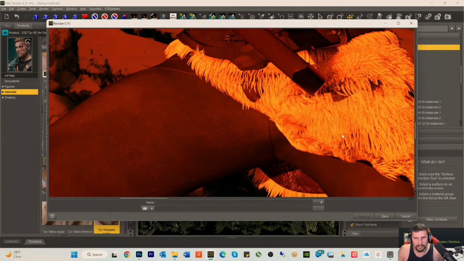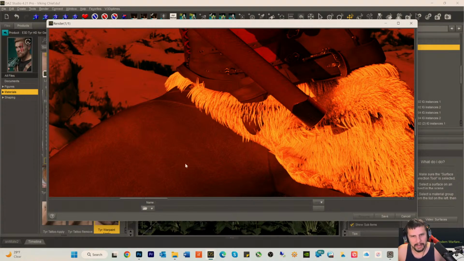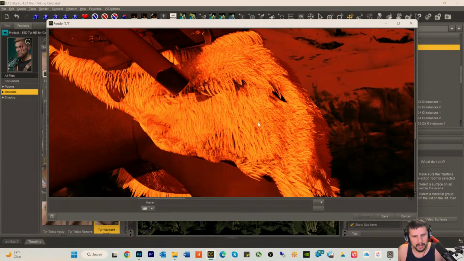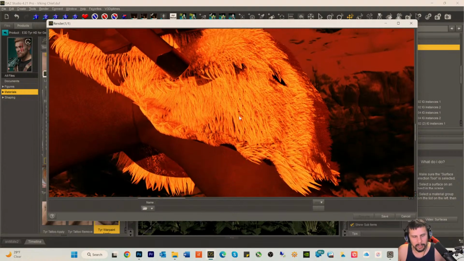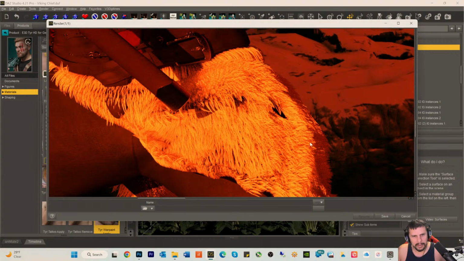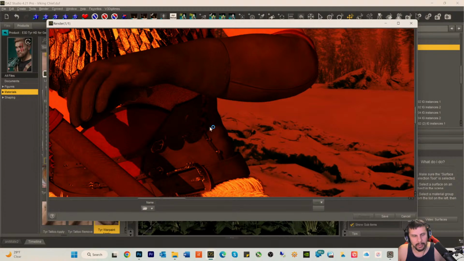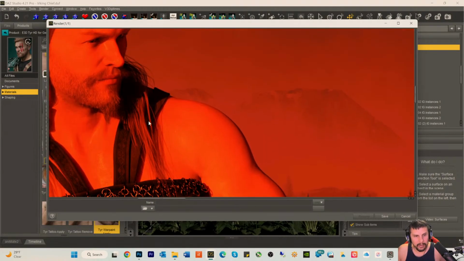I think this fur here got messed up with his clothing textures. Because this didn't look like that. Something looks really wrong with the fur now. So I think I've got to go back and reapply his clothing textures, because I think his clothing textures are PBR as well. And I probably should fix his hair here, and